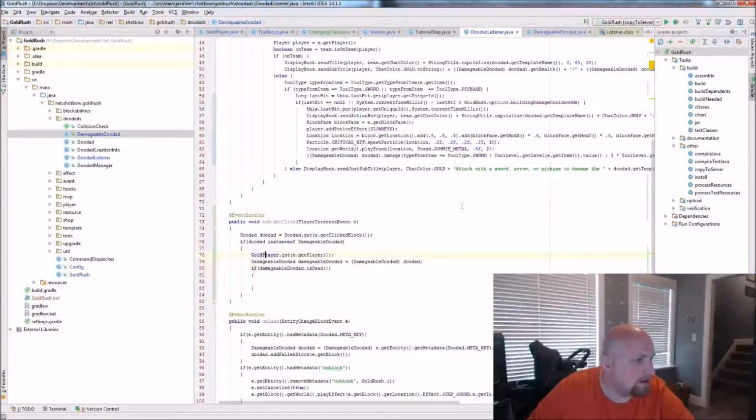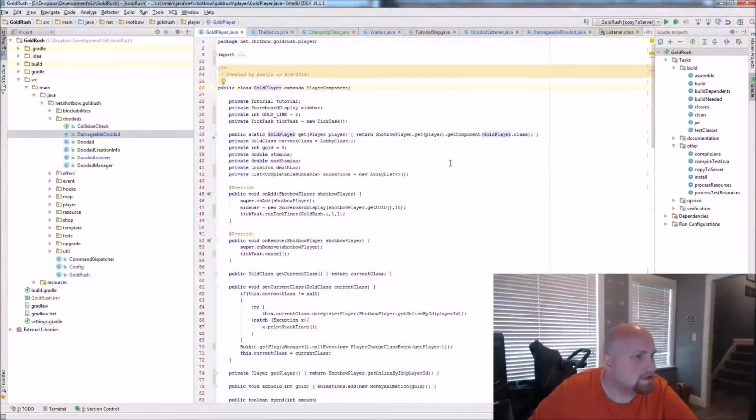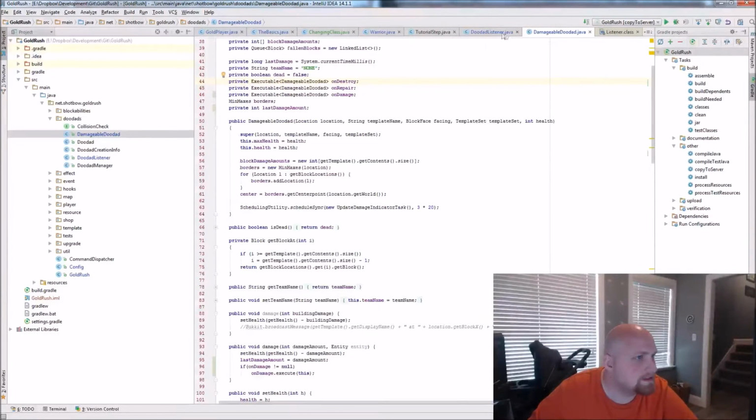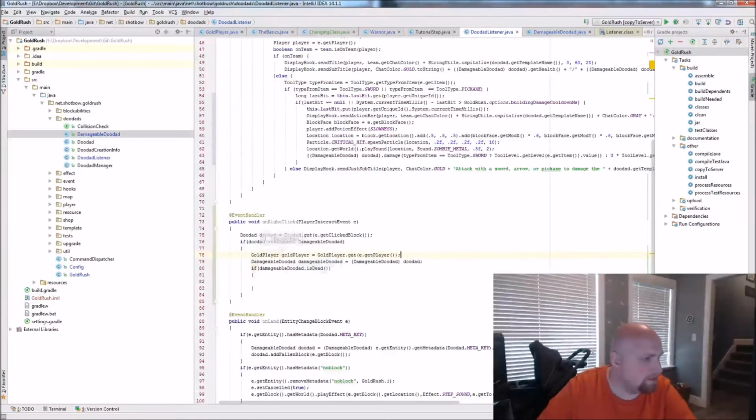So we were in the doodad listener, and I get the gold player, and I want the gold player because I want their class. So go in here, gold player.